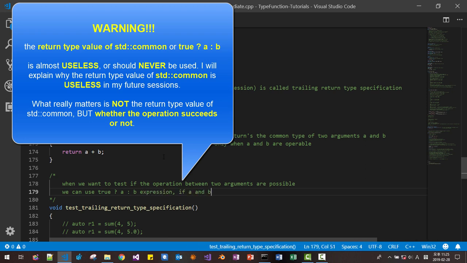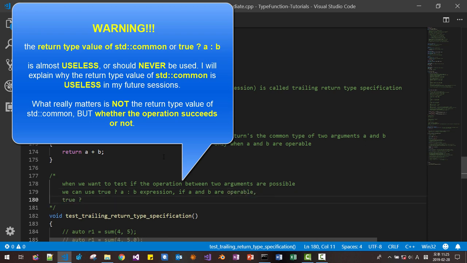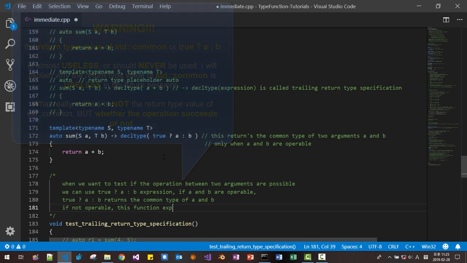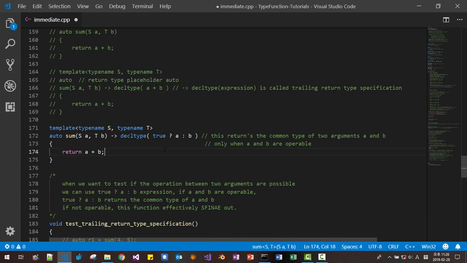If A and B are operable, true ? A : B returns the common type of A and B. If not operable, this function is effectively SFINAE'd out. I will talk more about this. So this is called trailing context, return type trailing context.